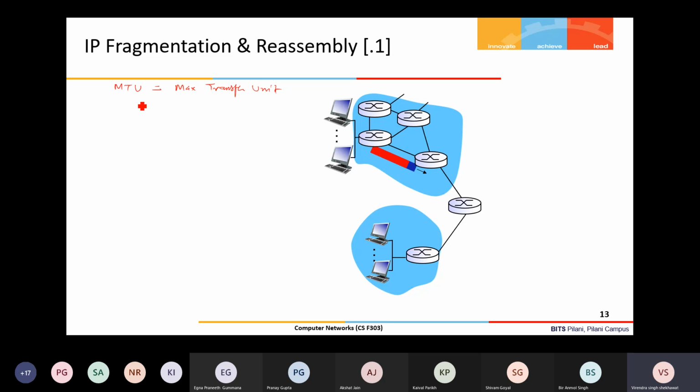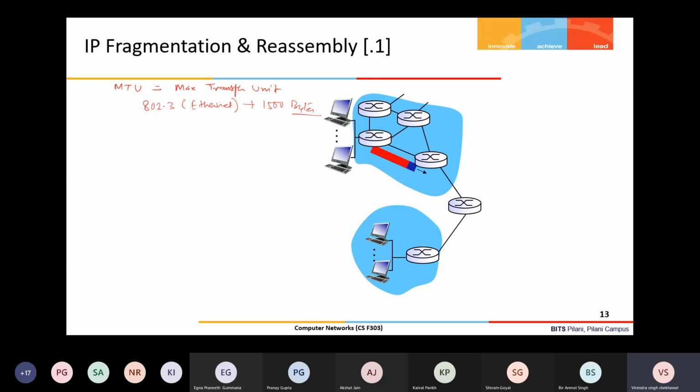So for example, for Ethernet 802.3, which is a layer 2 protocol and which we also call an Ethernet LAN, the MTU is 1500 bytes.